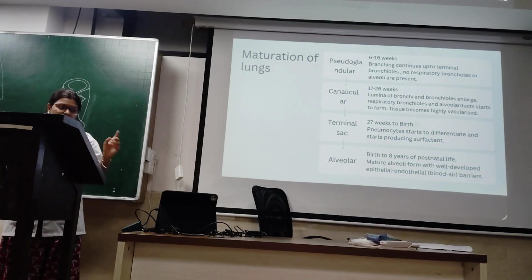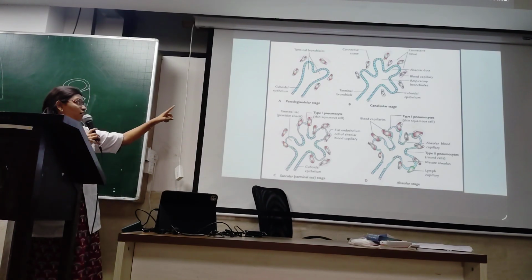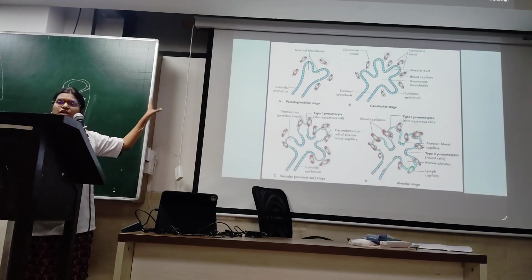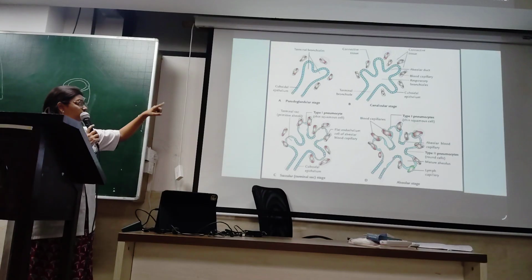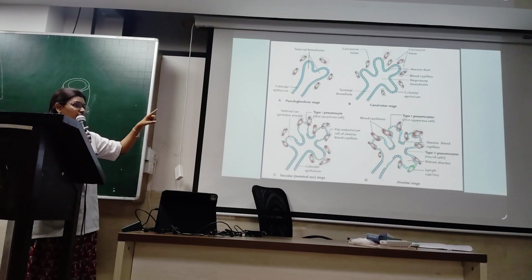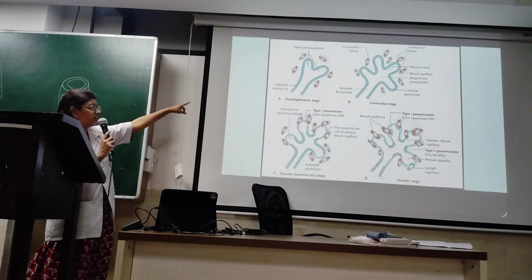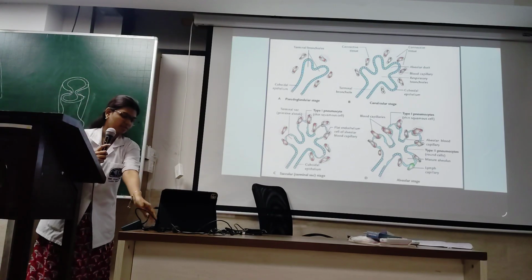The pseudoglandular stage occurs in the 6th to 16th week, where the bronchi divide up into terminal bronchi. There is no respiratory portion formed, and the lung resembles an exocrine gland, which is also a tubulo-acinar gland. As we can see, the distal part of the